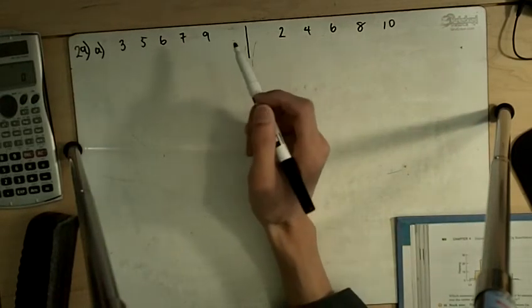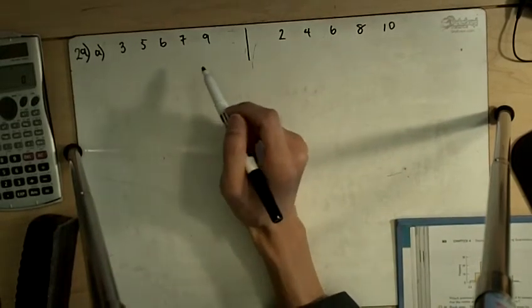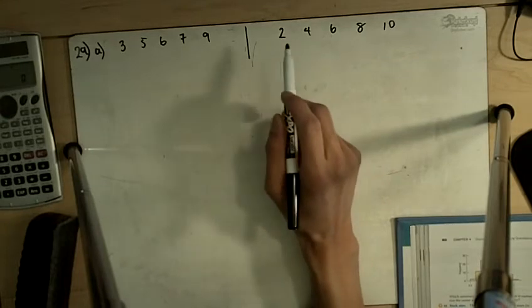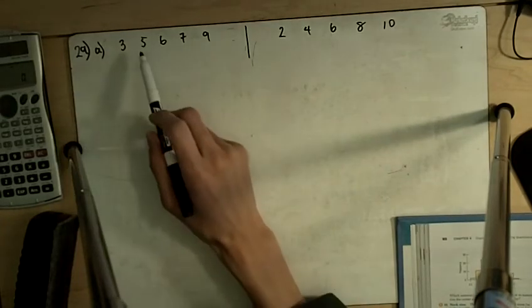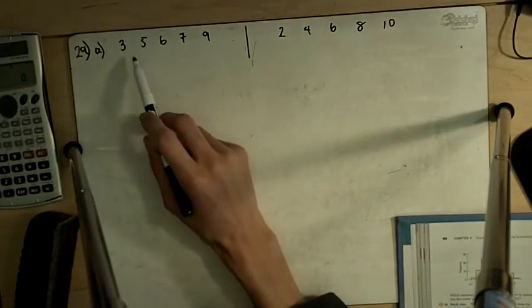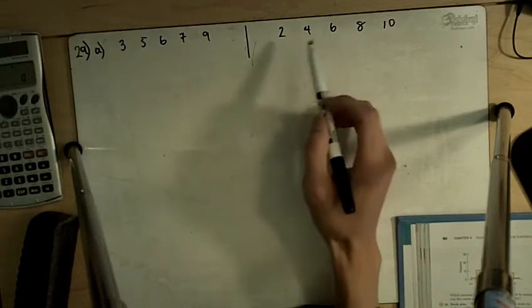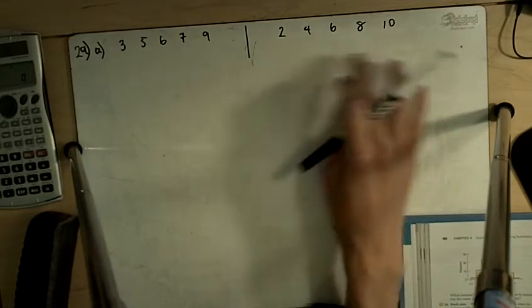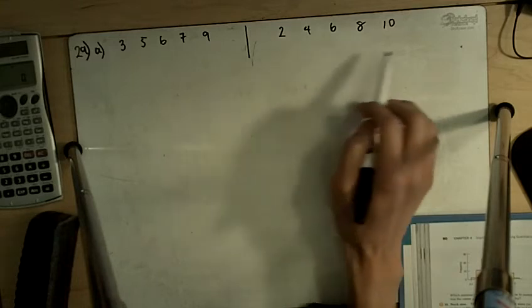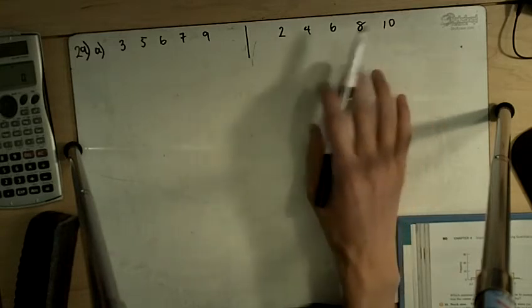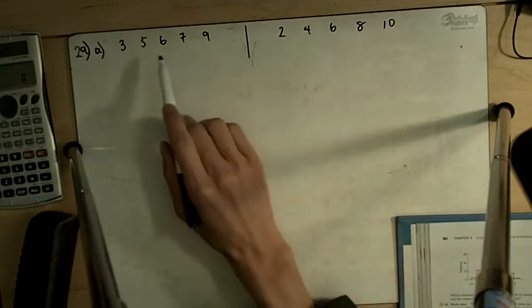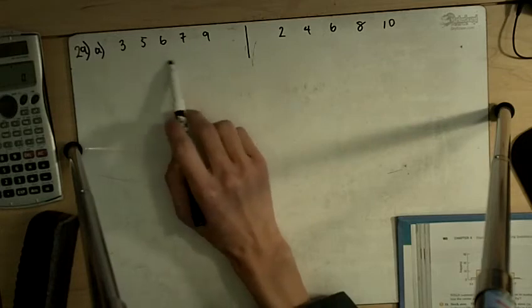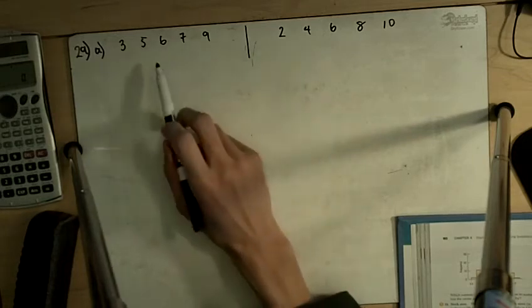Okay, standard deviation is a measure of spread. So in which case does it look like the numbers are more spread out? So here our range goes from 3 to 9, and here our range goes from 2 to 10. So right off the bat it looks like this one has a larger range, which means it has a larger spread. And also we look at the three middle points, and we've got 5, 6,